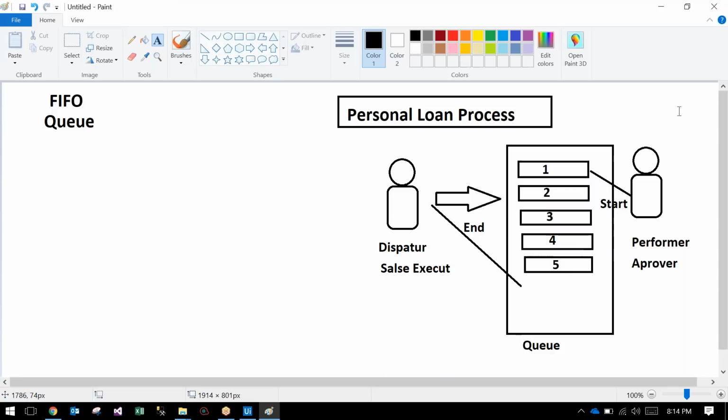Okay. So this is a concept you have to understand before going to the queue concept in the orchestrator. So you have to understand the whole concept of the personal loan process. In the personal loan process, the end-to-end process, there are two